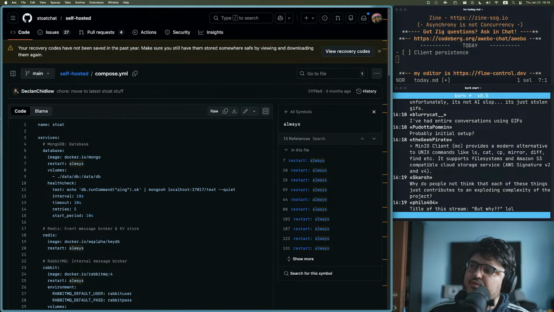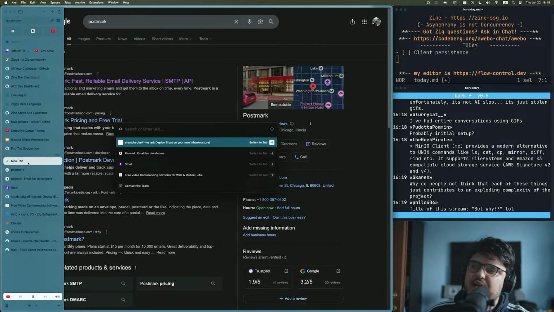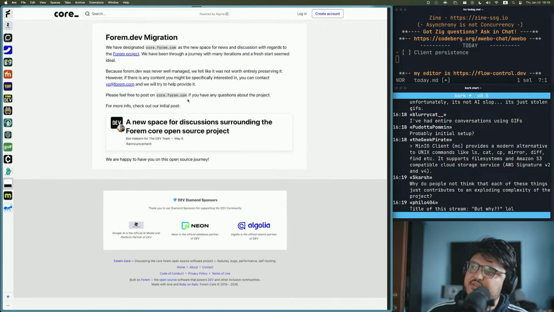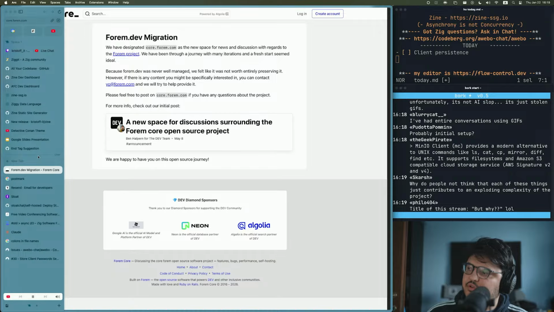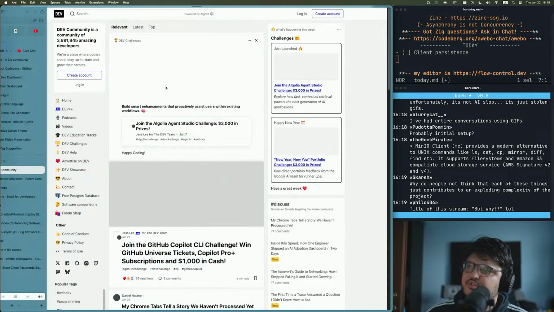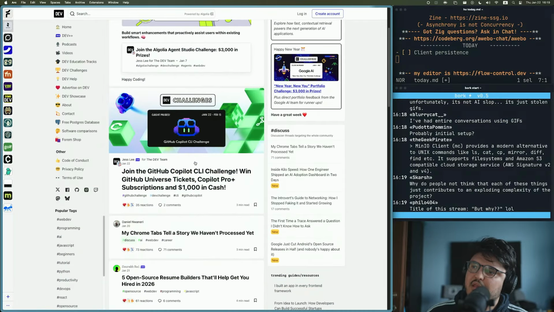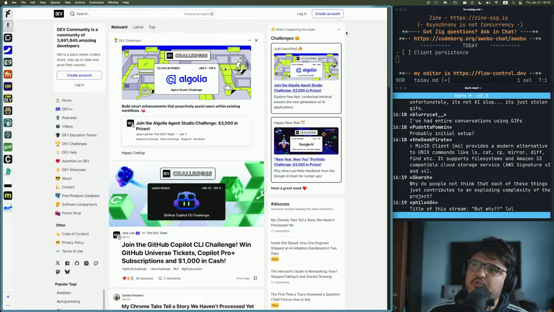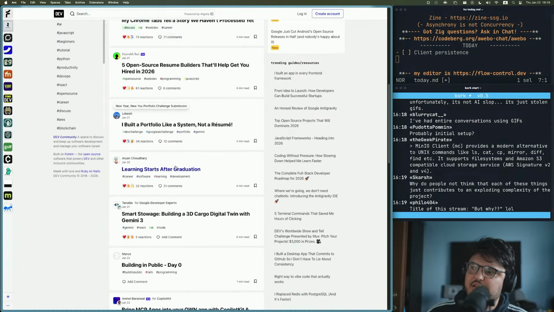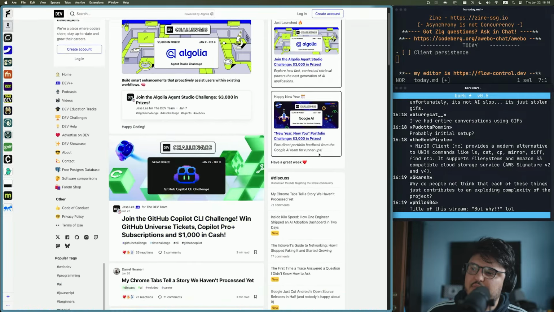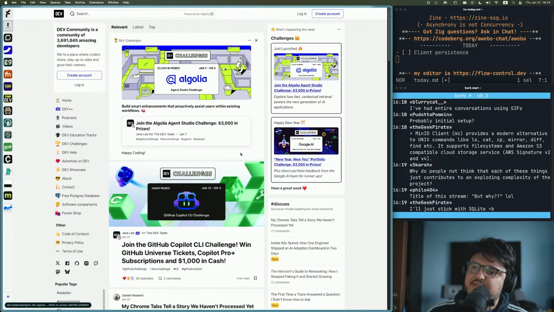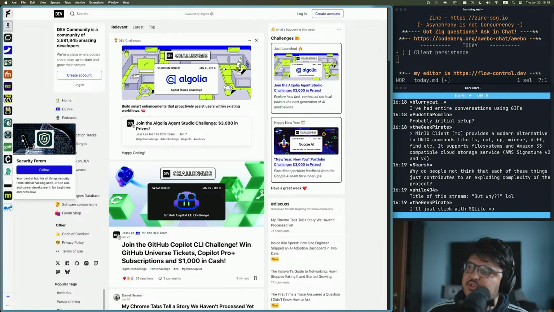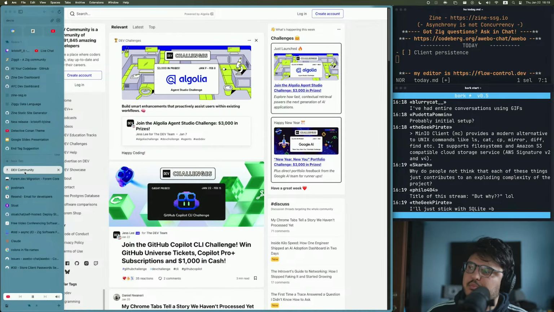Listen, I used to run Zig.News. Forem is the CMS behind Dev.to. I don't know if you've ever seen Dev.to. So Dev.to, it's this thing, and I used to run this. You would go to Zig.News and you would see roughly the same interface, and it would contain Zig blog posts. I used to run this thing. So this is a Ruby on Rails application that, when you want to self-host it, you deploy with Ansible